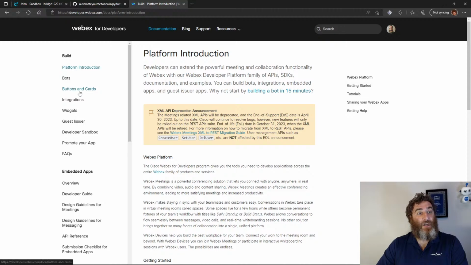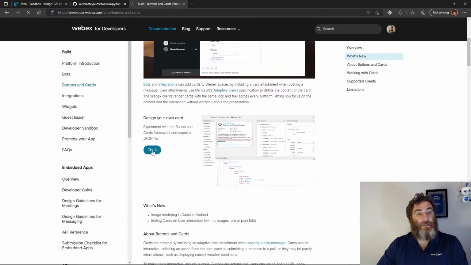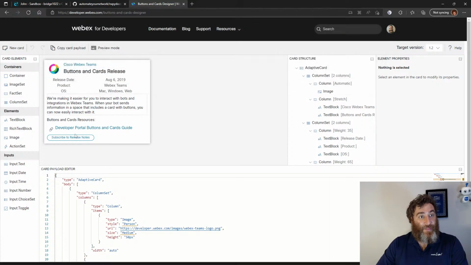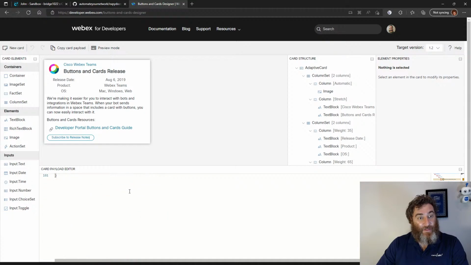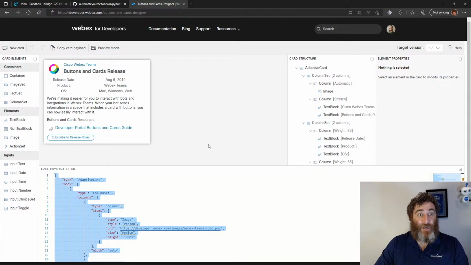Go to Buttons and Cards under developer.webex.com. Go to Try It, and it will bring you into this Buttons and Cards designer. And there is the example of an adaptive card. So what you can do is copy all of this, and that's all I did. I took all of this, I put it in a Jinja 2 template, and then I started mucking around and adjusting it to be what I wanted. So you can actually develop it here in this GUI, right? And make it look the way you want it to, right? Copy card payload, it's right there. Preview mode,